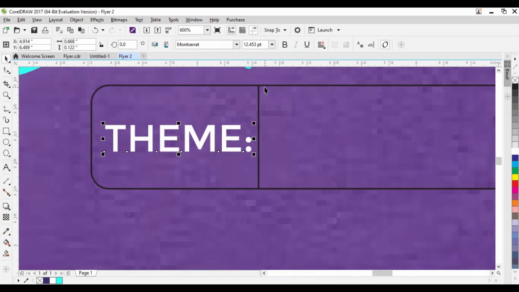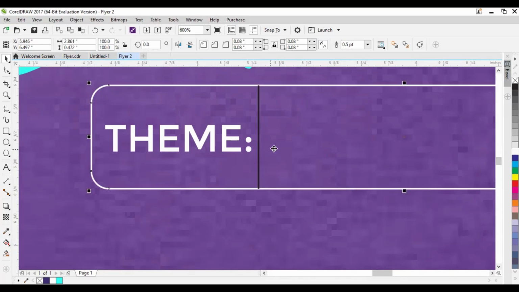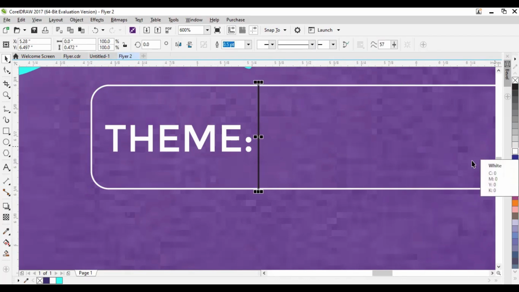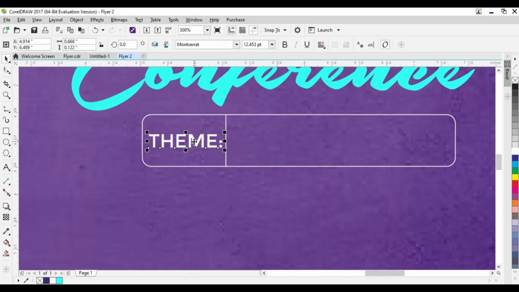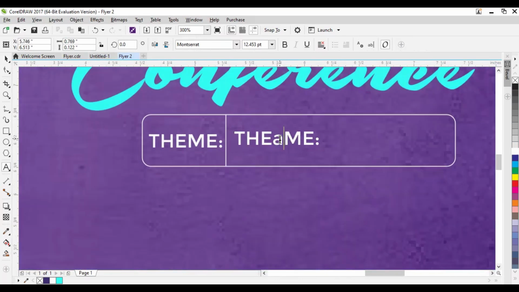Now I'd also like to select the background rectangle we created earlier, whose corners we curved, and on your color palette, right click the white color, and it gives it a white outline. The same way, I'll select this straight line and right click the white color. Now that we are done with that, I can duplicate this by pressing Ctrl D and I get a duplicate. I have a theme. My theme is